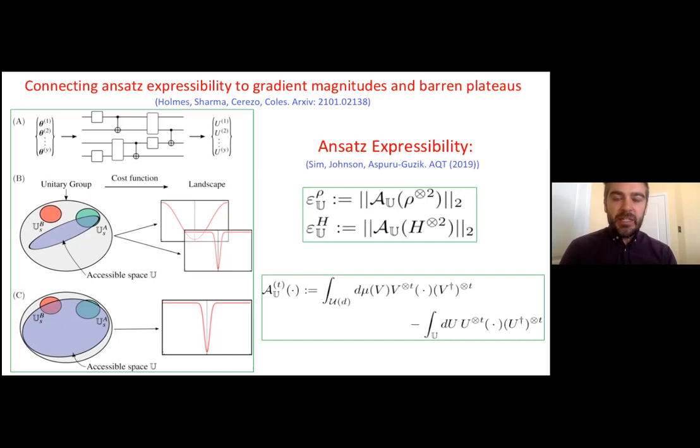And this measure, well, they have one measure that's based on the input state, and the other is based on the measurement operator. So you can quantify expressivity based on moving forwards in time or moving backwards in time. But in any case, we use their measure of expressivity, which basically quantifies how much of the unitary group your